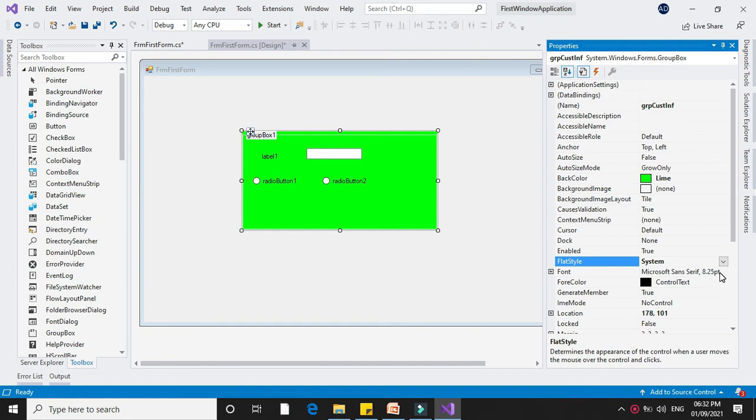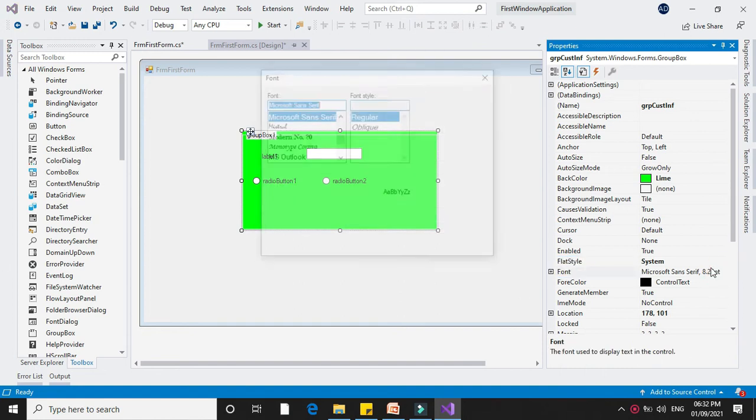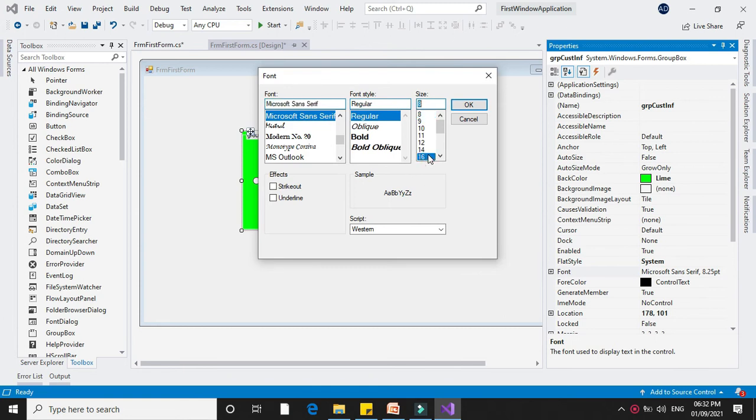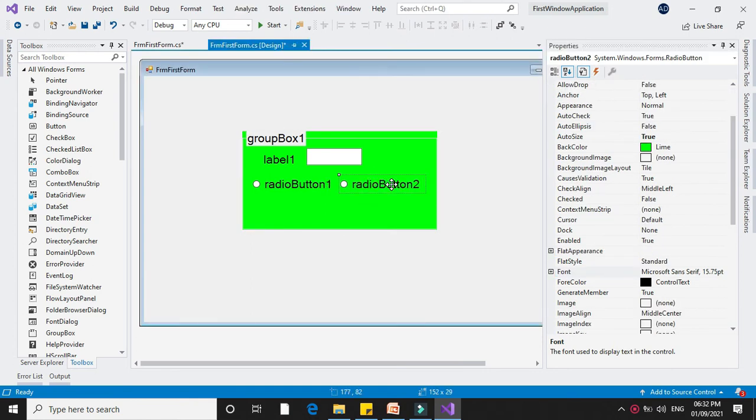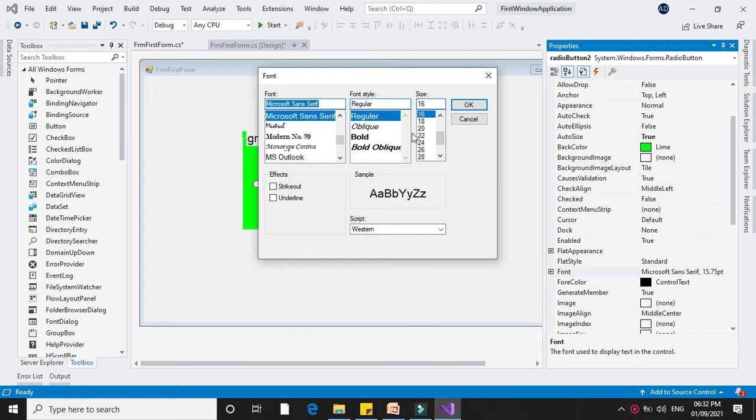Next is font. We can change the font. If you change the font of the group box, the controls on it will also change their fonts, since group box is a container control.